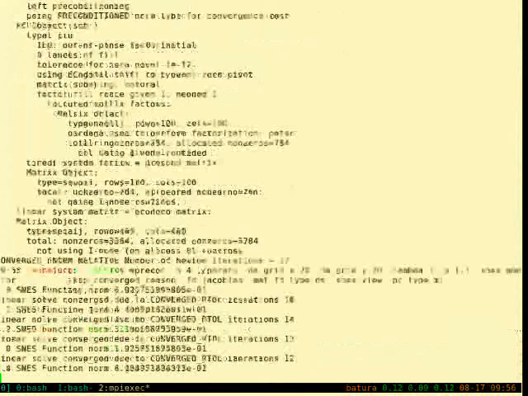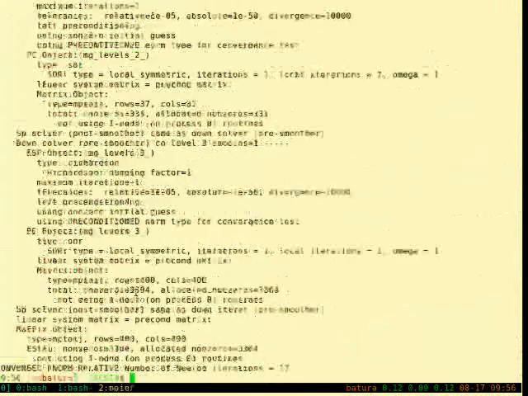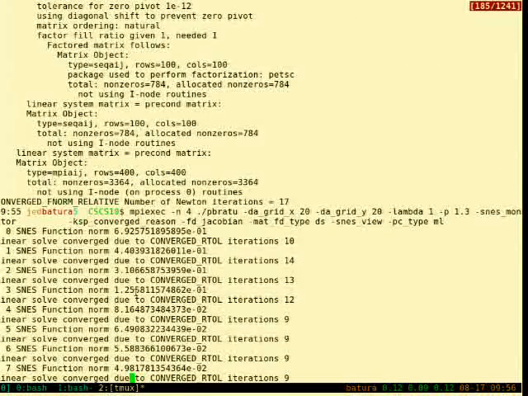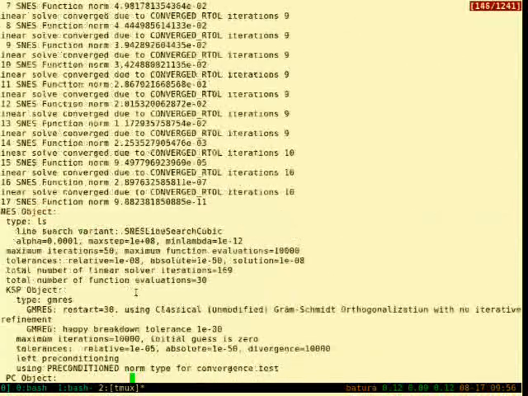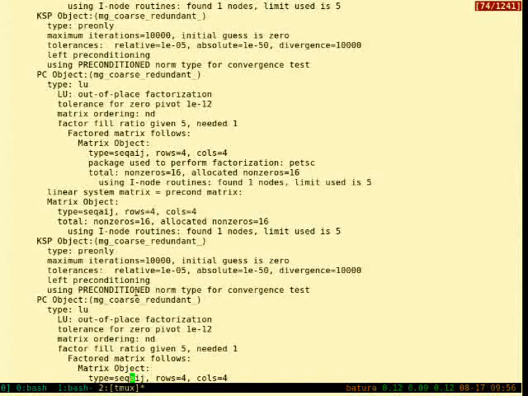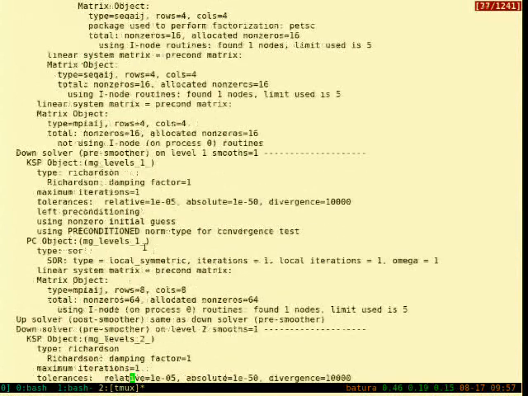So we can run this with, say, algebraic multigrid, and there we see the number of iterations be smaller, and we can scale up the problem size and it should stay fairly small. And then here we see this whole multigrid hierarchy, where we have the coarse level problem, in this case being solved redundantly, this bit, and then we have on each level the information about what's being done there.